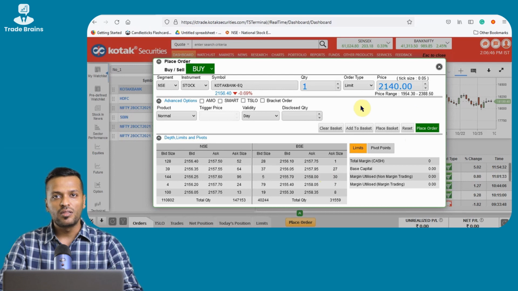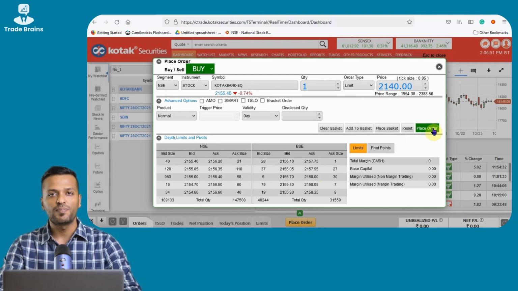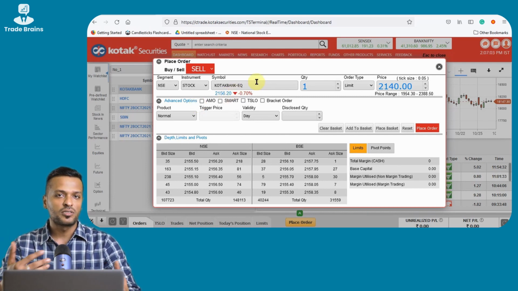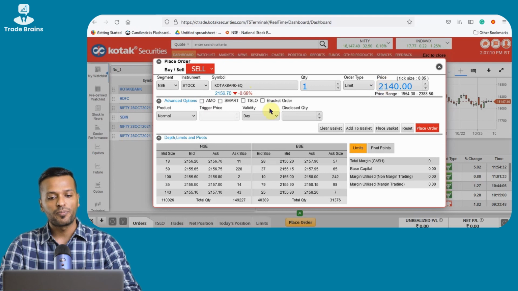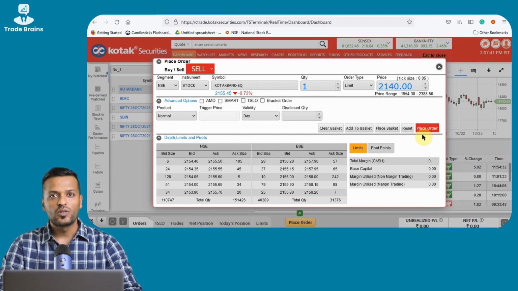Once you have checked all the data you want to see and you want to place an order, you can simply click on the place order tab and the order gets placed. Similarly, if you want to sell a script which you are holding, or short sell for day trading purpose, or exit your long-term position, you choose the share you want to sell. You choose the quantity, you choose the price, check all the important information and directly place the order. Now this is how simple and easy it is to buy or sell any stock.